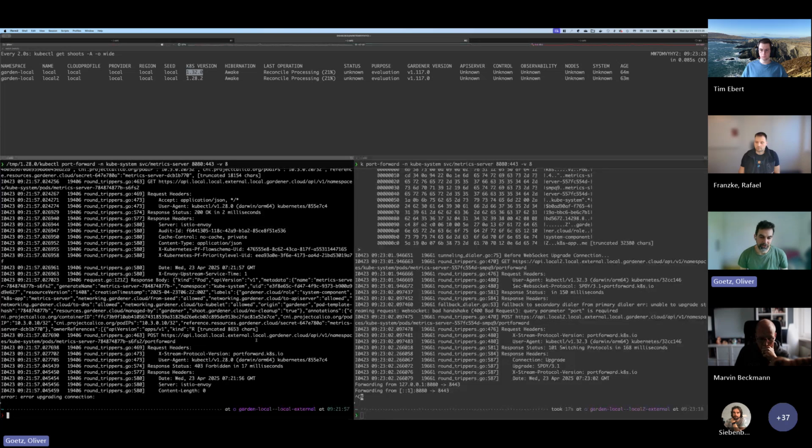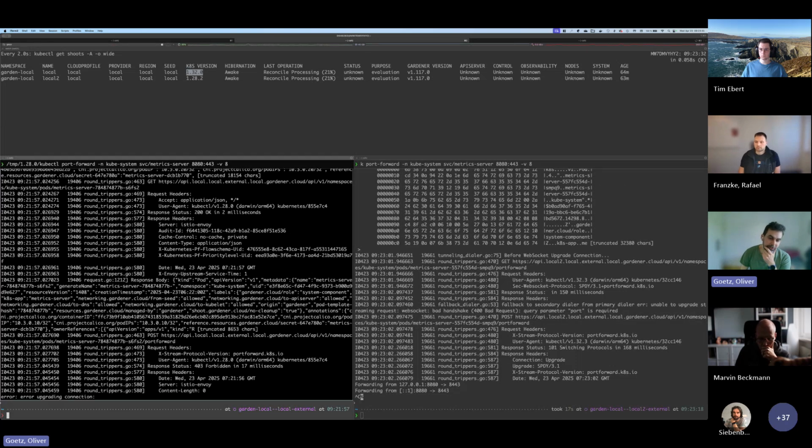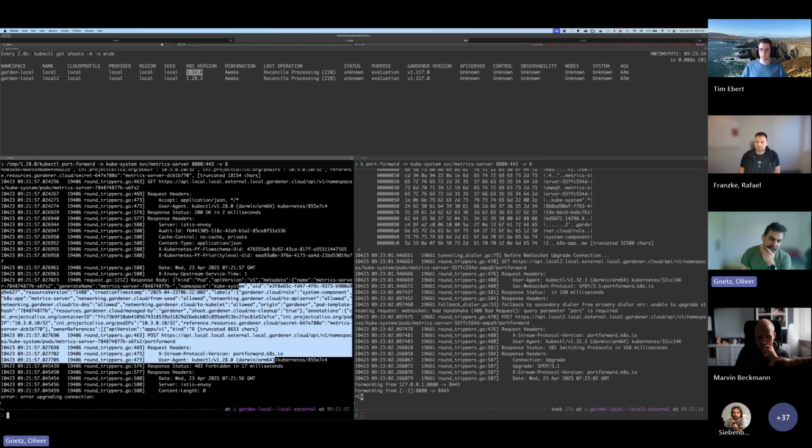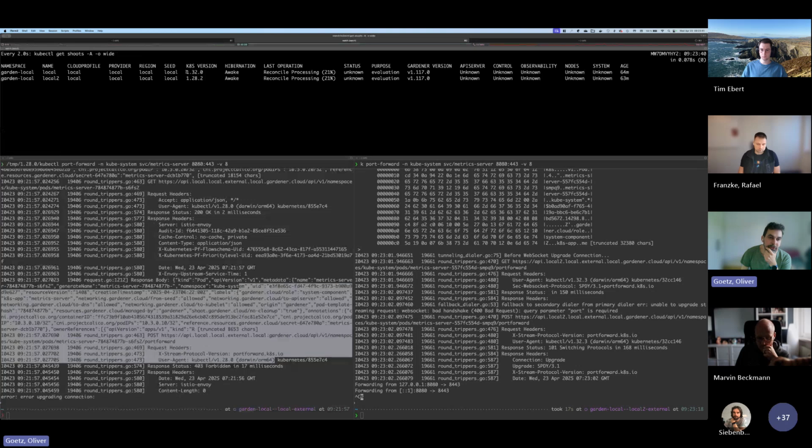The thing is, with the new PR, we want to fix this problem, so that you can use an older kubectl version which does not support WebSockets for the shoot, and we want to enable the layer 7 load balancing for this shoot. Okay,